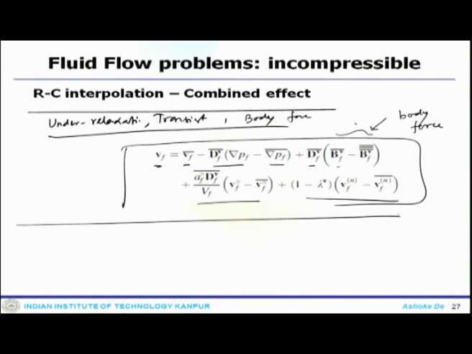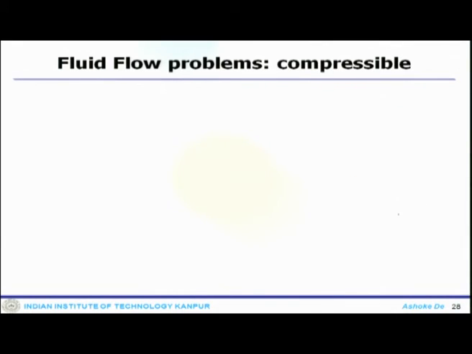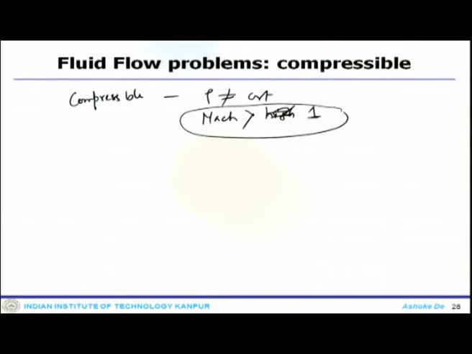Now, we will extend the discussion, similar discussion where you can also obtain the pressure correction equation for compressible cases. There is an important difference in the compressible case: density is no more constant and the Mach number is quite high, or greater than 1. That is where the compressibility effect starts acting, and once that is happening, you cannot assume the density to be constant, rather the density is approximated using the ideal gas law.